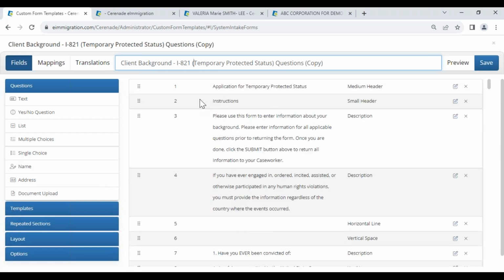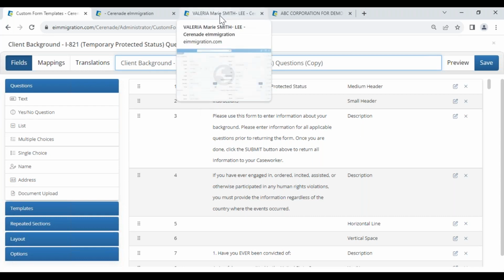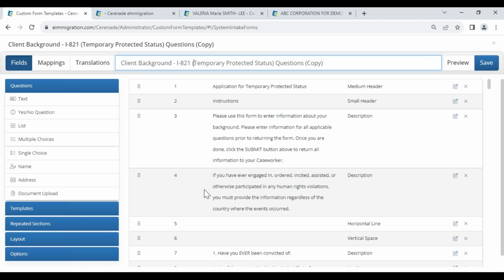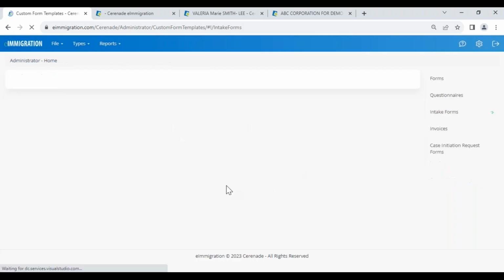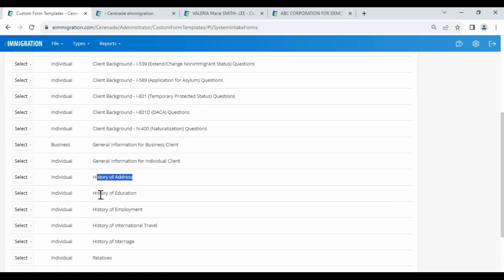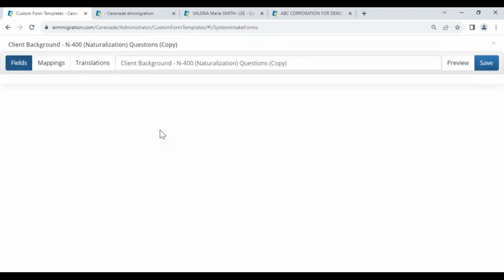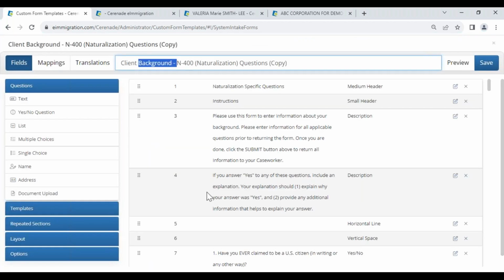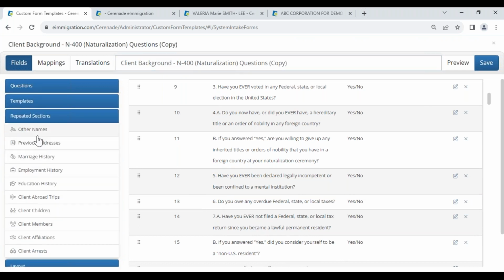Or what most of our clients do is I send the client or prospect all these questionnaires in different pages. Like I want to send them, let me close this, the general information. I'm going to send them the history of their previous addresses or previous education, employment history. All of these, you can send them all together in like a package. Or if you rather just send one single questionnaire with everything included, again, what we suggest is that you make a copy of the questionnaire that has all these background questions, for example, and then just add those other questionnaires,